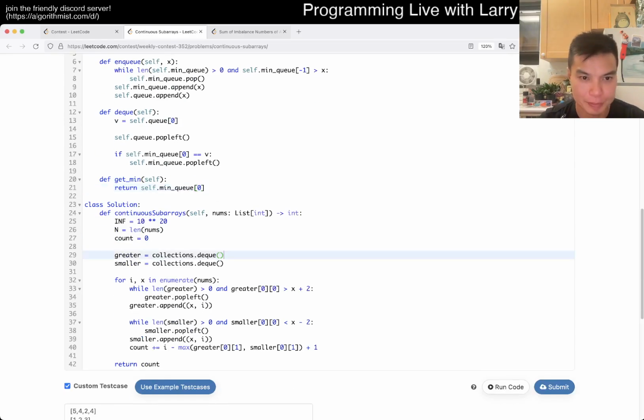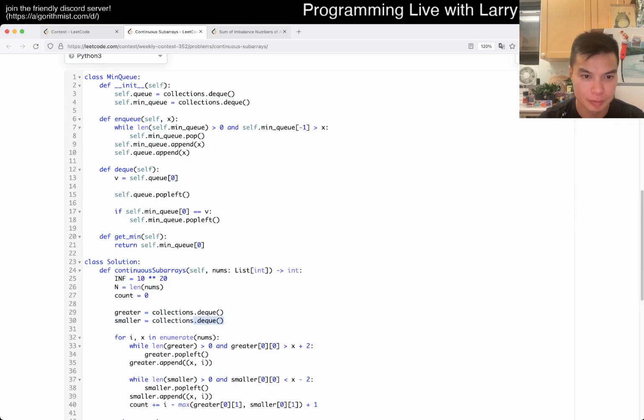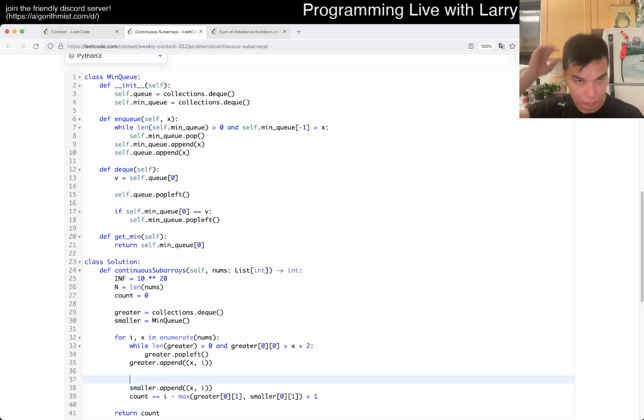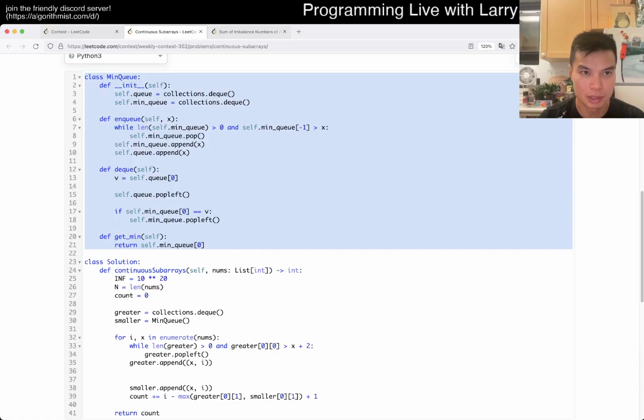Okay. How do I want to do it? And the max scale is just the same except for